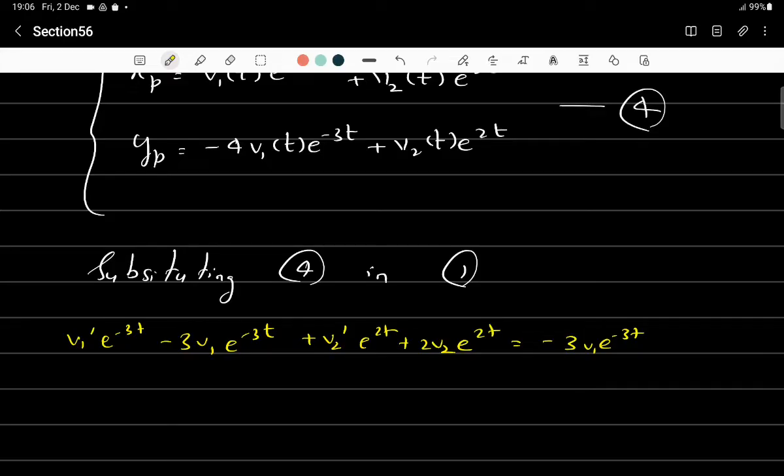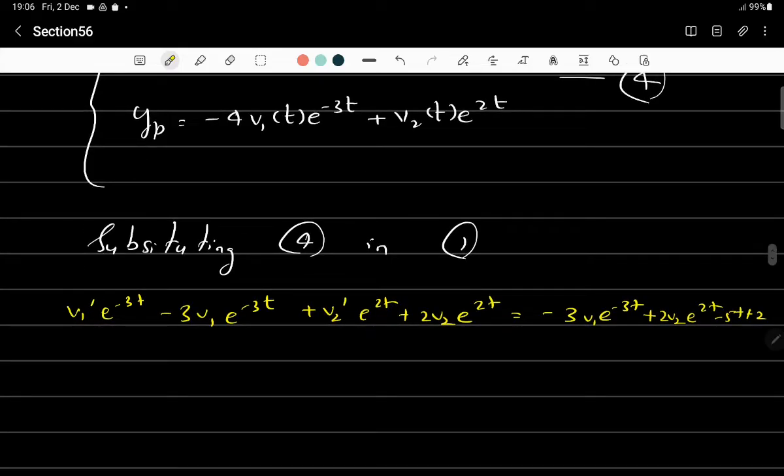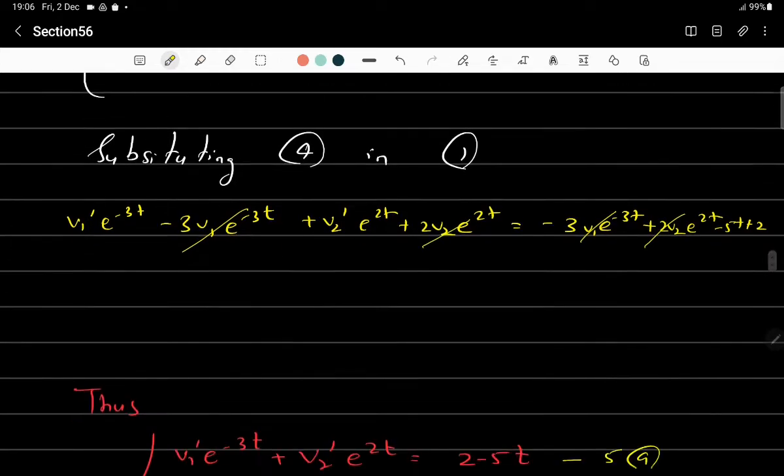So if you do x plus y here, you will see that v1 minus 4v1 gives you minus 3v1. Similarly, on both sides there is v2, so you will get 2v2, and then minus 5t plus 2. Now if you simplify it, the v1 term and v2 term would cancel out on both sides, and